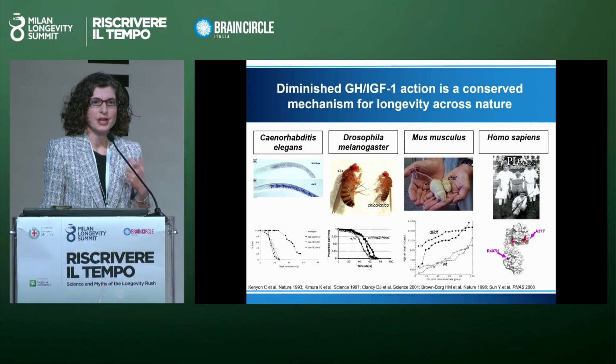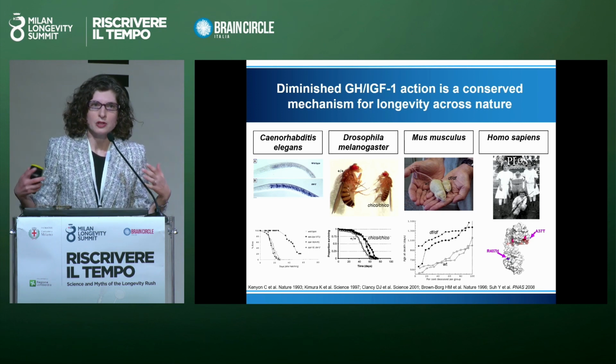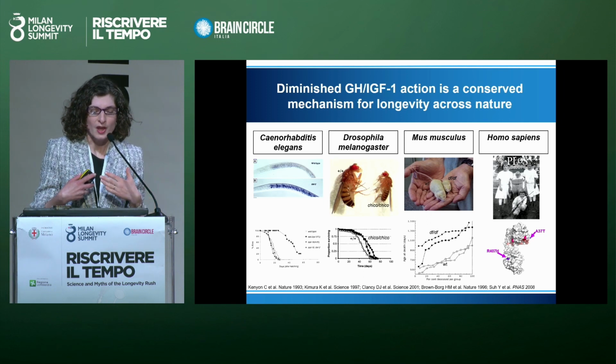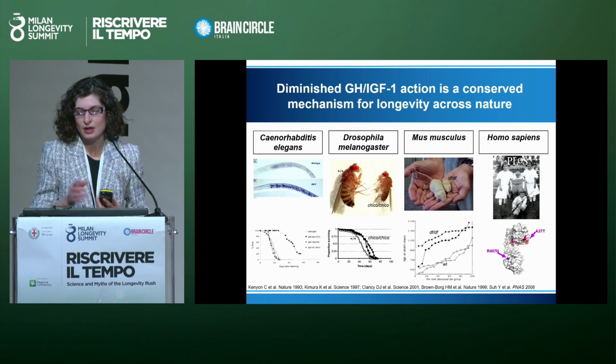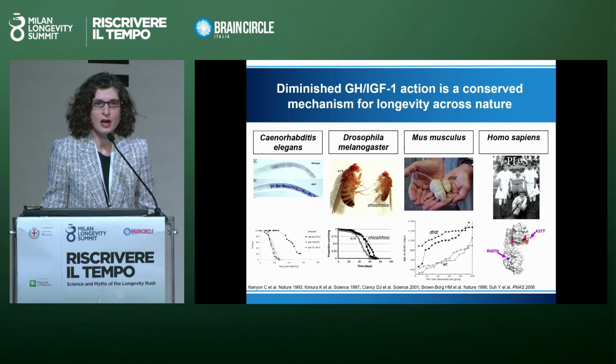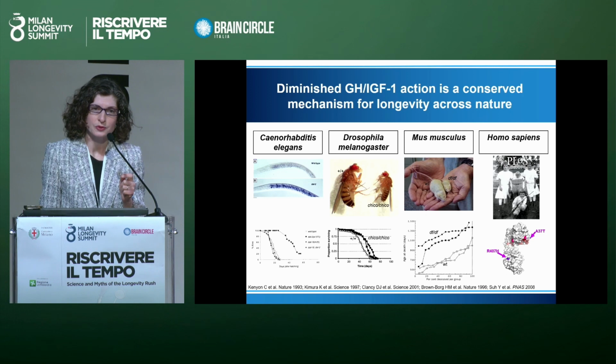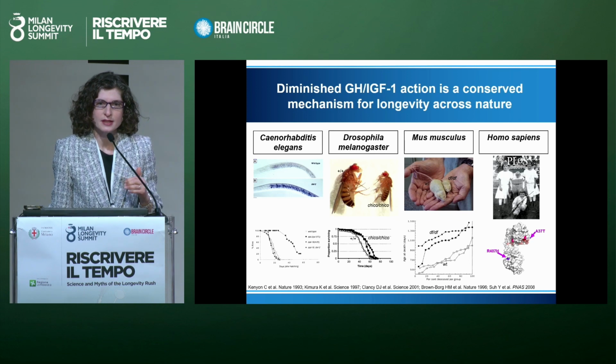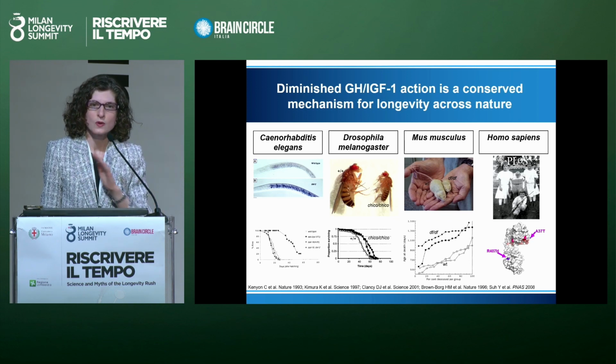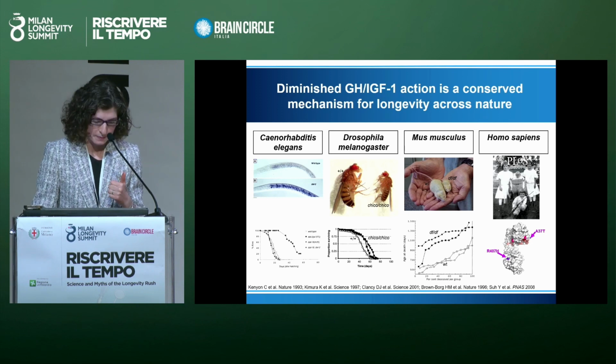And when we actually look in nature, right, so a lot of us have spoken about using other organisms in identifying drivers of aging. When we look across nature, we find that animals or other model organisms that have low growth hormone levels actually live longer. And that's true for worms, flies, mice, and actually in some people who are centenarians, we have also found genetic changes that reduce the function of their growth hormone, suggesting that this is a conserved mechanism across all species that allows people to live longer.